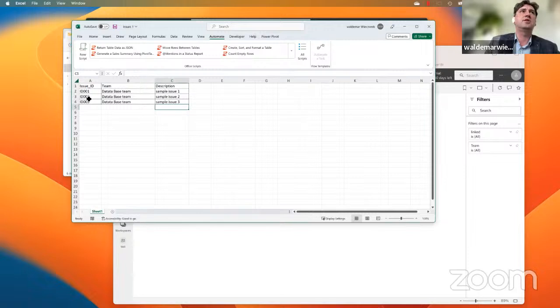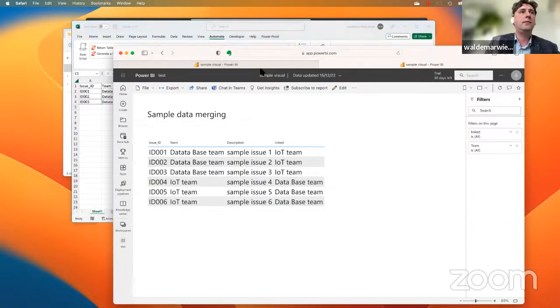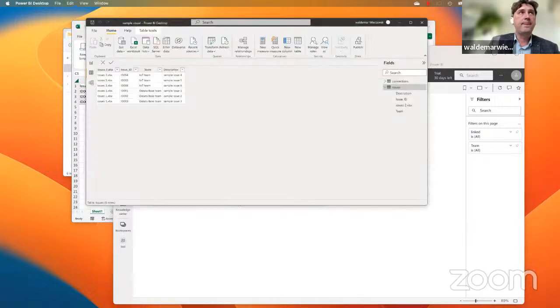So we are building such a structure in Power BI. Here we have two tables. These are our fact tables. So we know the issues. We have some description and who produced this issue. And this is a connection showing that this one is linked and could affect this team, and these issues can affect that team. So we have this dimension. Of course, we can expand it with another dimension. That's obvious, but this is a simple example to understand the process.